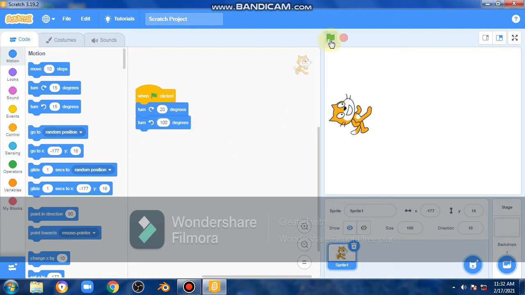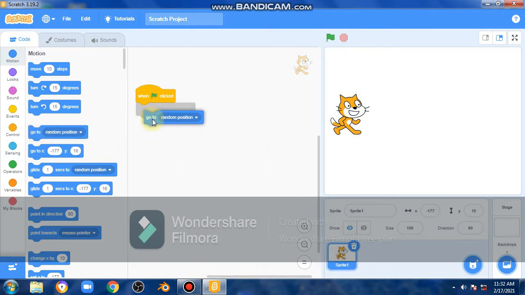Now see, first it rotates 20 degrees this side, then 100 degrees this side. Okay, now I'll put only this one, then you can see it's rotating. Okay, then it was the turning point.